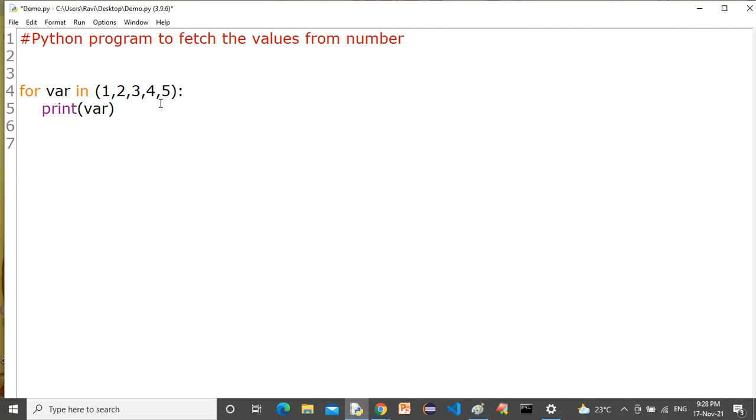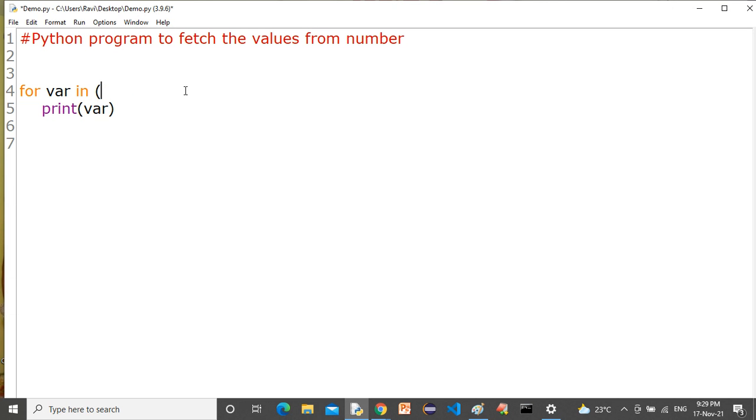Now look at this program. If we fetch the number by using this approach, then it's really very difficult. Why? Sir, I want to fetch 100 numbers, then it is very difficult, because you have to write 1 to 100 manually, 1 2 3 4 5 up to 100. If I want to generate 100 numbers or 1000 numbers, it is very difficult to work with this approach, because here we need to write the numbers manually, which is a tedious task.